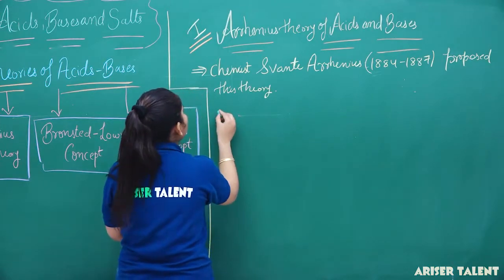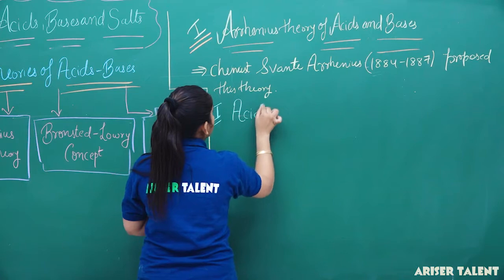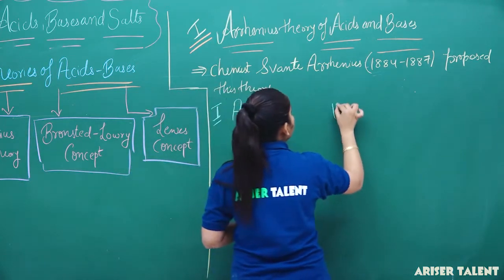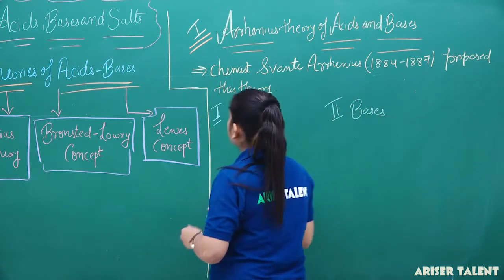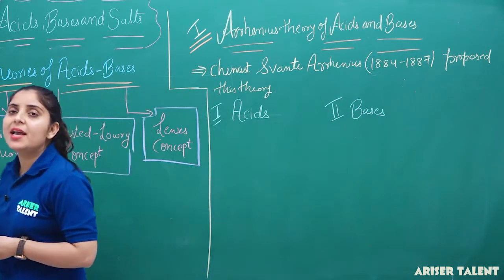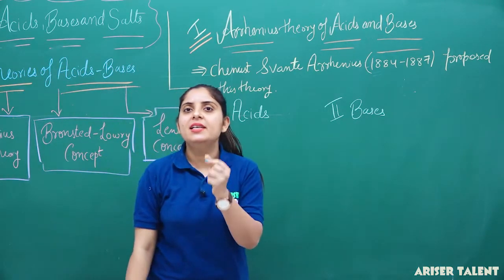Firstly we will consider acids, and then we will discuss bases. What Arrhenius proposed is that acids are those substances which have the tendency to release